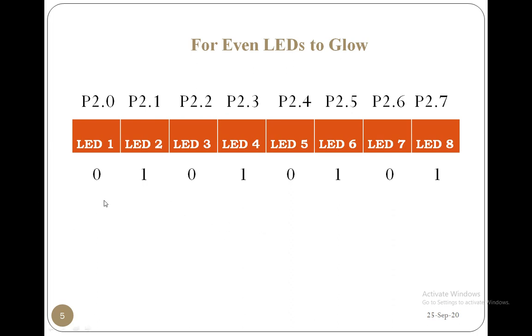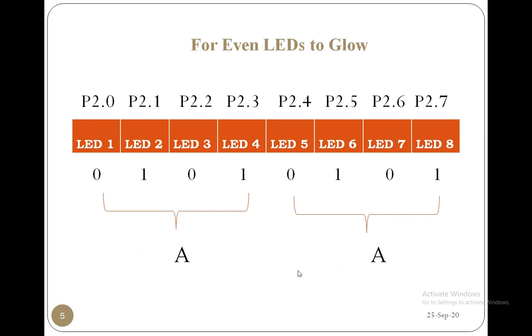First of all, you have to write this bit pattern in hexadecimal form. How do we write that in hexadecimal form? Here I consider these 4 bits as one unit and write the hexadecimal value. Port 2 pin 0 is this one, so it is 0, then 2, 4, 8. So 2 plus 8 is 10, and 10 is nothing but A in hexadecimal, right? Similarly here, counting 4, 5, 6, 7 from this direction, it is 2 and 8, 8 plus 2 is 10, so this one is also A. So these two are A's.